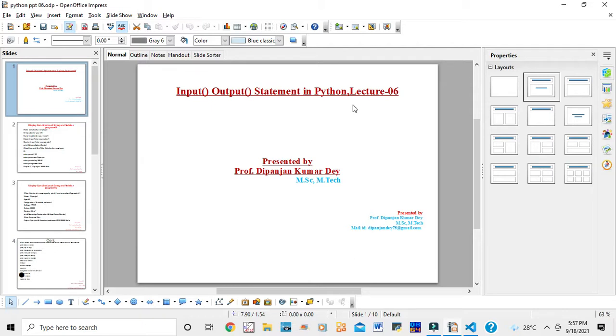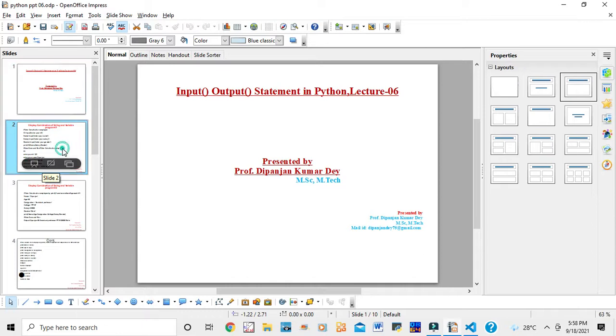In this lecture, the learner will also be able to understand some programming that I will discuss, and that program I have to run in my VS Code, Visual Studio Code, which I am using. Somebody is using Anaconda, somebody is using Jupyter Notebook. Okay, so I am using VS Code here. So let's start with a program.